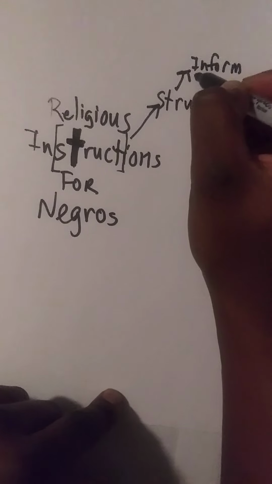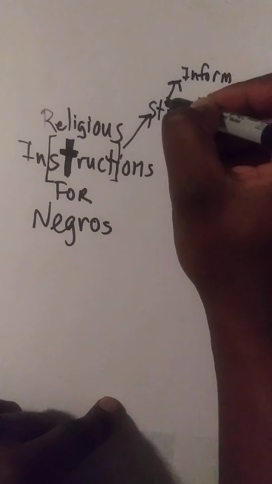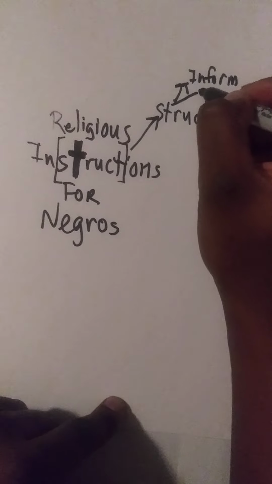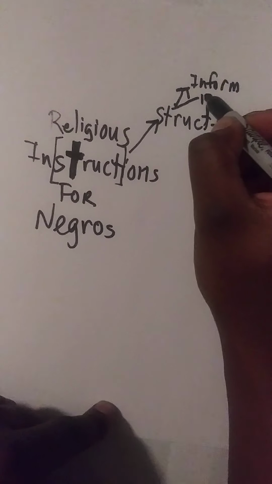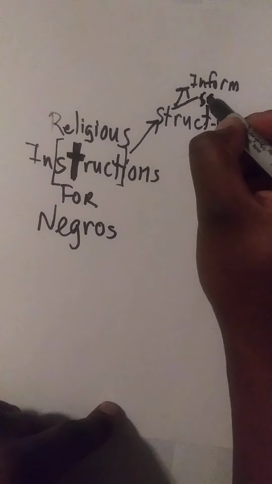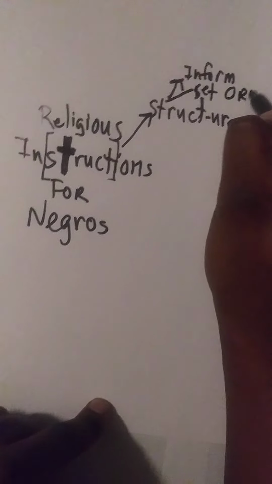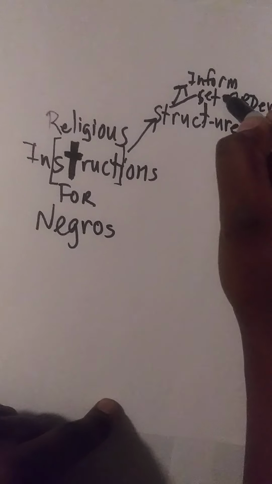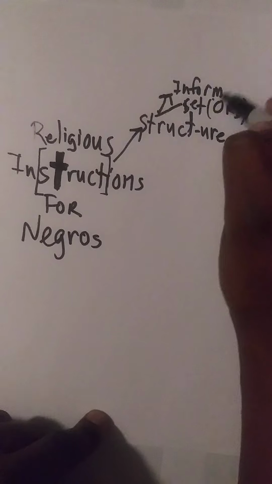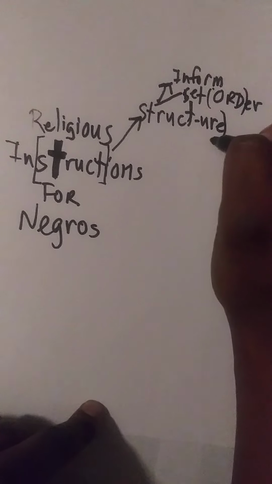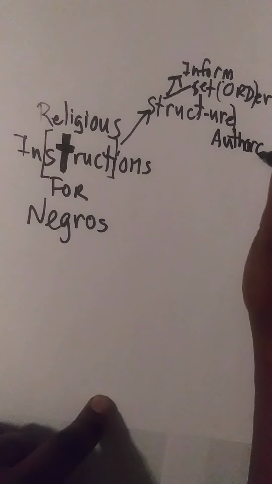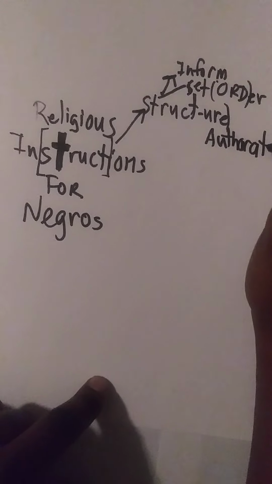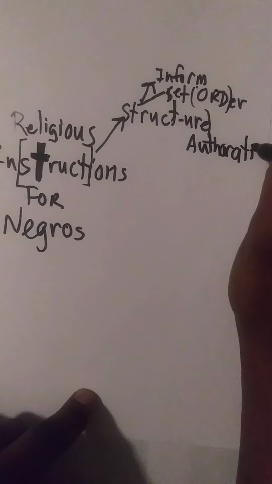Informants, federal informants, rappers keep getting locked up by the FBI, but when you give structure, you inform and you set order, right? But you do it authoritatively,